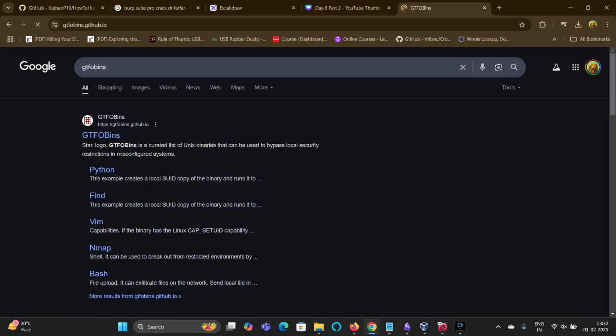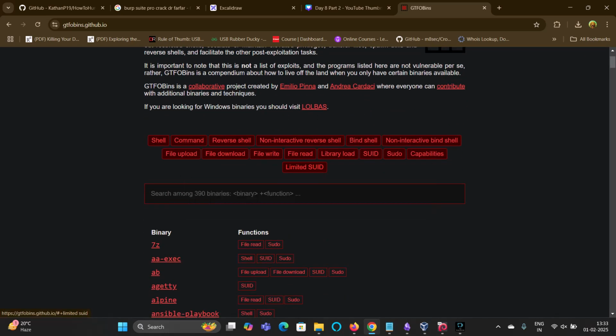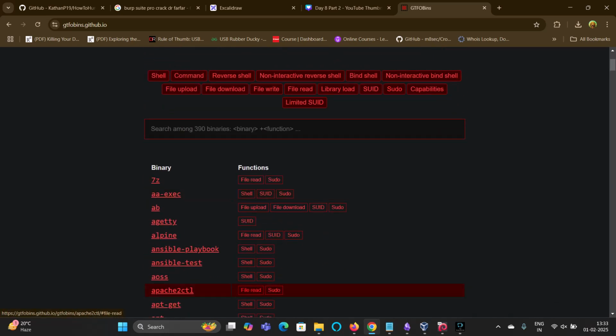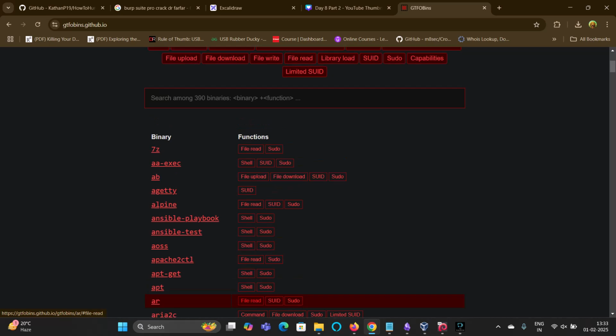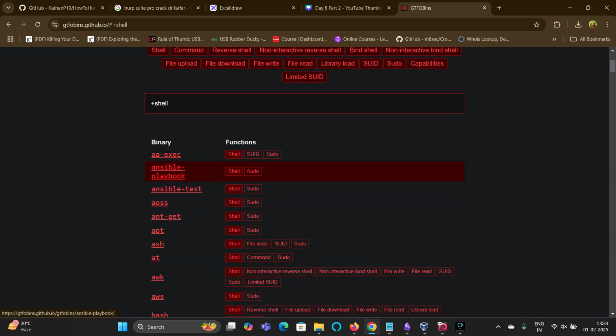You can just go and click on this particular GTFOBins, and you can see you can either have a reverse shell to get an interactive reverse shell in order to get hold of your particular system, and you can also perform the limited SUID library load. You can just use these commands in order to get hold of your binary system, or to get the shell back to your system. Let's just say you want a shell for Ansible test.